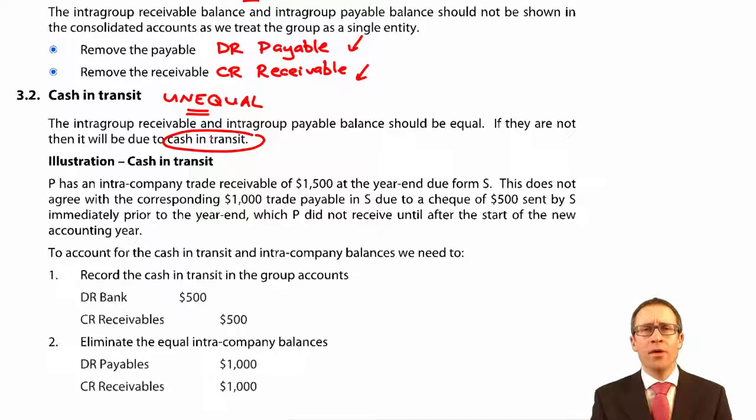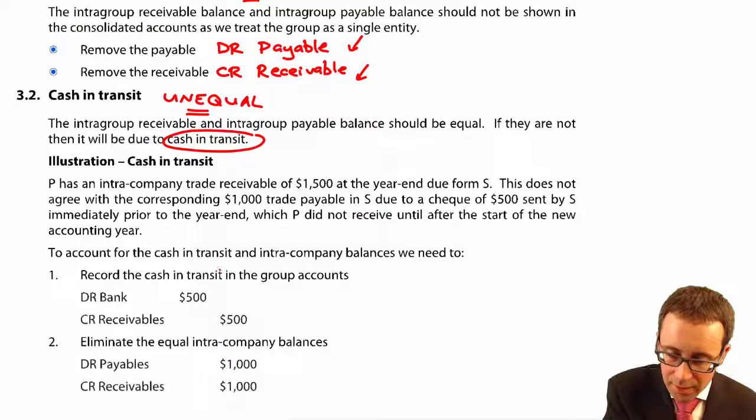If they've not received the money, then they won't have debited bank, credited receivable. Now, if they've not reduced the receivable, whereby the other entity has reduced the payable, then you have unequal balances, don't we? So what we need to go through and do there, first of all, the first step is to